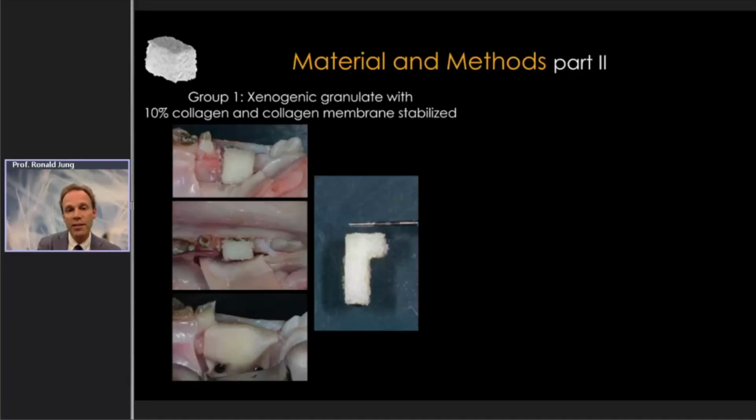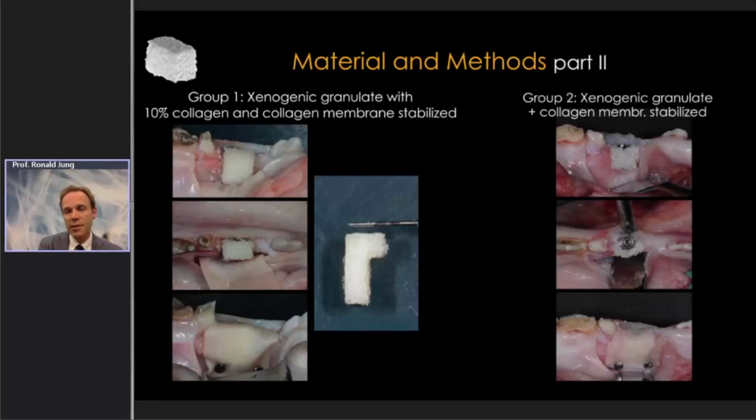And this L, made of BIOS collagen, is going to be placed on top of the implant. So we can see the L is going to be placed on top of the cover screw. And a membrane which is stabilized is going to cover this L-shaped graft material. And we compare this technique with using the same group as we have seen just before, the xenogenic granules, additionally with a collagen membrane which was also stabilized with 2 titanium pins.